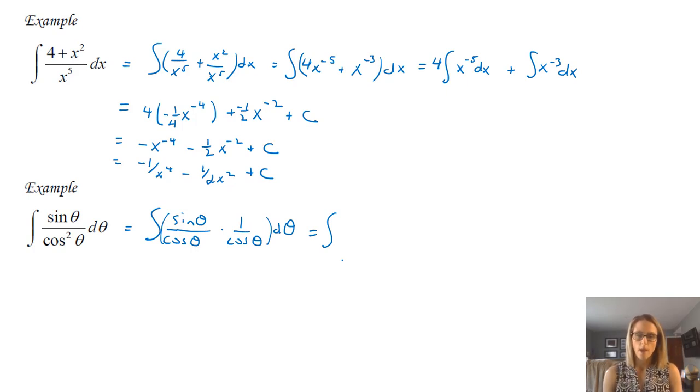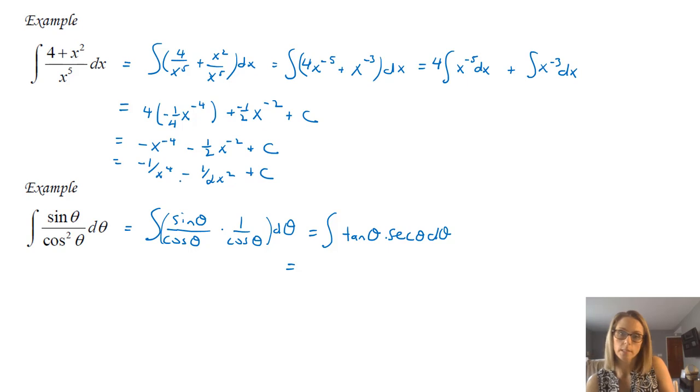And so this rewriting is, my thought is just, is this going to give me something that I'm familiar with? And so we can see that sine theta over cosine theta would be tan theta. And 1 over cosine theta is secant theta. And now, hopefully what you see is, oh hey, tan theta secant theta is the same as secant theta tan theta. That's multiplication, so it can be done either way. And I know that the antiderivative of that is secant theta. So now I'm ready to write secant theta, and then of course my plus c to show that I've taken the antiderivative. And then I'm done.